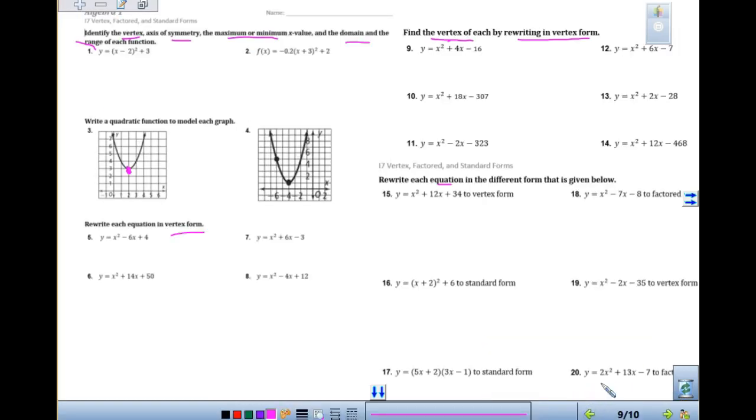And then tomorrow, depending, if we're back tomorrow and there's like 15 minutes, we might take a homework quiz on the completing the square. If not, it'll probably be 1 day later this week to just kind of see how you're doing on that. Use your time now to finish up